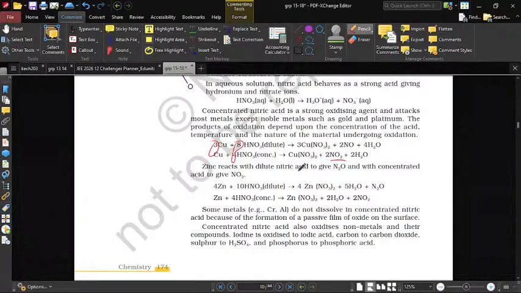Zinc reacts with dilute nitric acid to give N2O and concentrated acid to give NO2. तो कॉपर, यार ये तो पढ़ा हुआ है मैंने पहले 10th में. हाँ कॉपर वाला तो मेरे को याद आ गया।